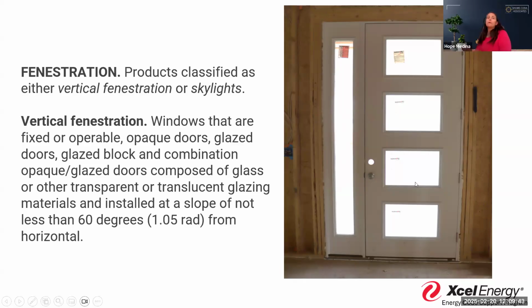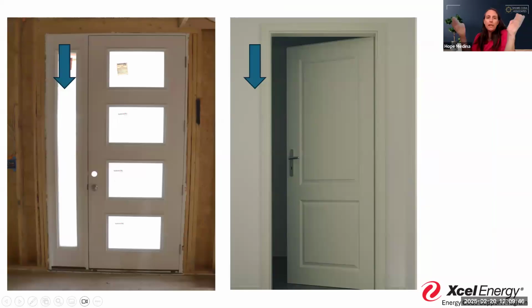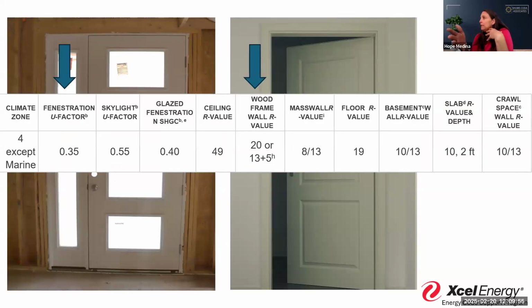So there we go. Now that we are looking at these doors and we talk about the different requirements that we're going to find, this is the table. This is the 2015 edition of the table, but the concept is still going to be the same whether you're on the 15, the 18, the 21, or 24. The numbers might be a little bit different, but the concept is still the same. So now we're looking at the fenestration. For the door on the left hand side, we're looking at the fenestration U factor, which is 0.35. If we look at the door on the right hand side, now we have to maintain the